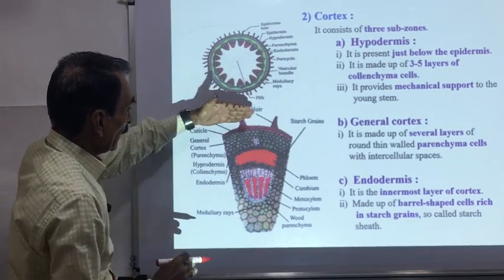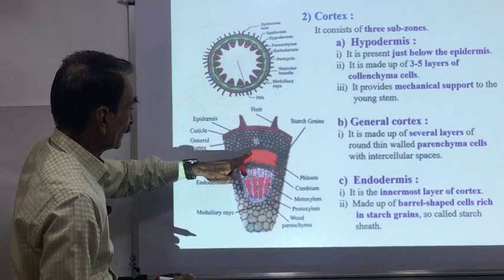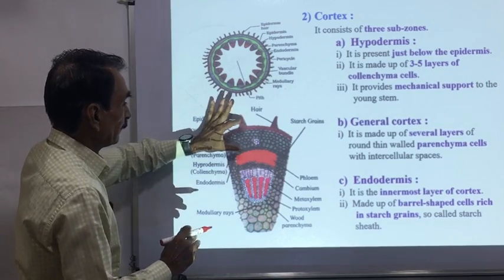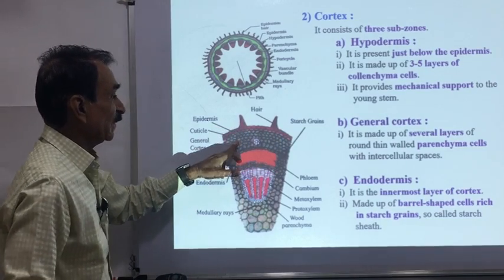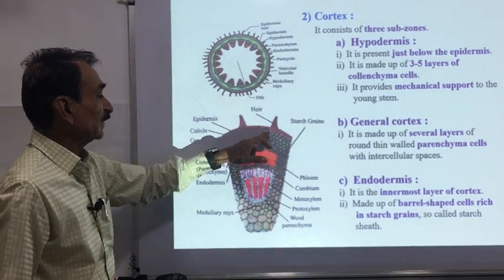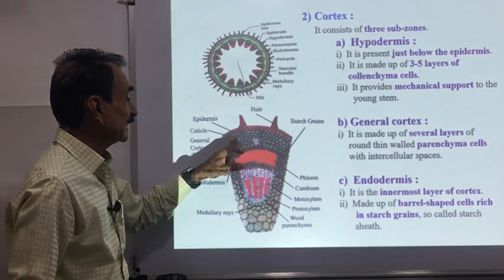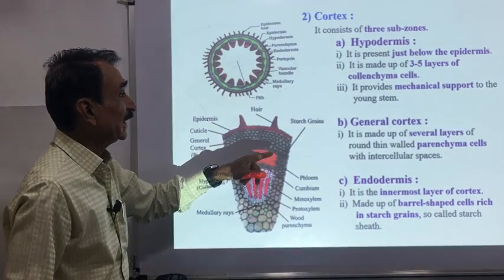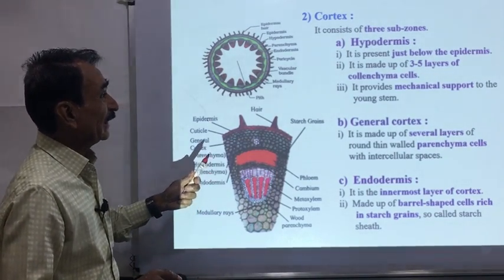cortex. Here below this epidermis there is a cortex. Here you can see this cortex. Cortex is present just below the epidermis. It is made up of 3 to 5 layers of parenchyma cells. These parenchyma cells are thin-walled with intercellular spaces. Here you can see that